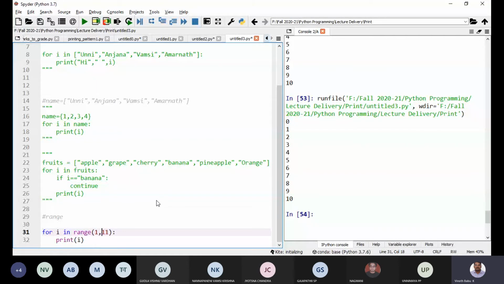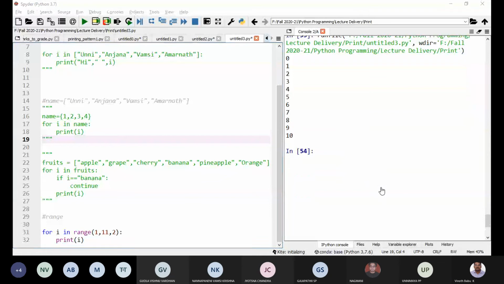Now you just see, I'm giving some increment, 2. Any guess what could be the output now? 1, 3, 5, 7, 9.